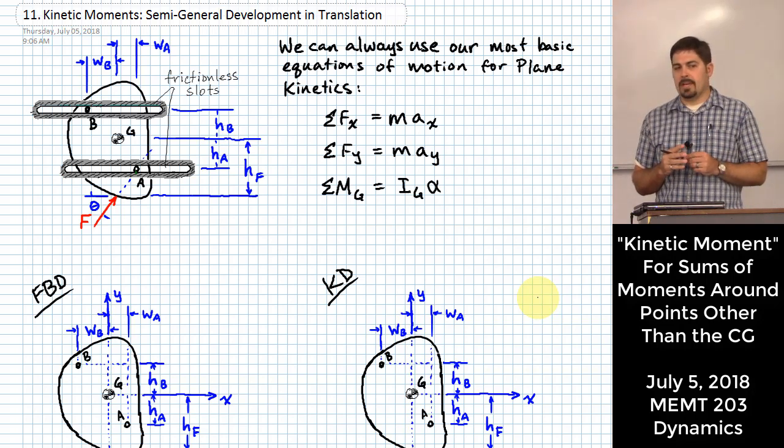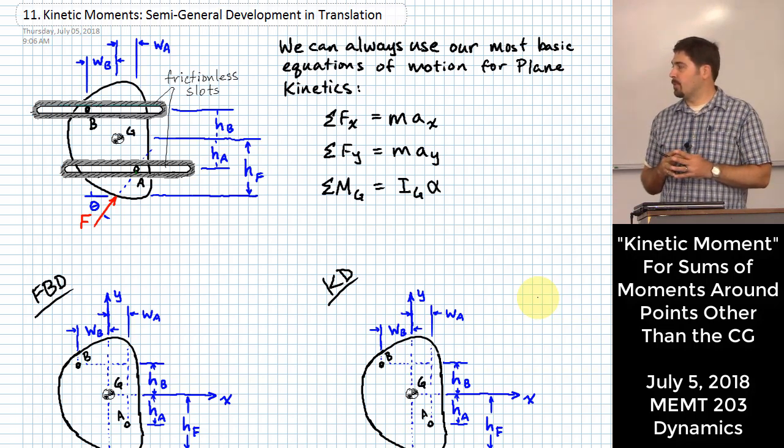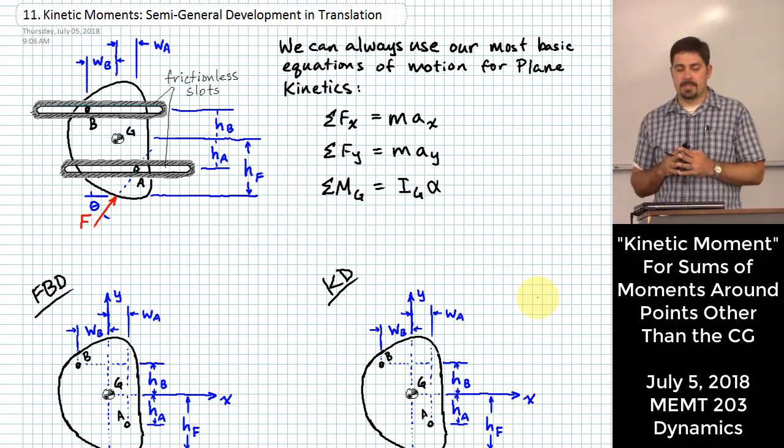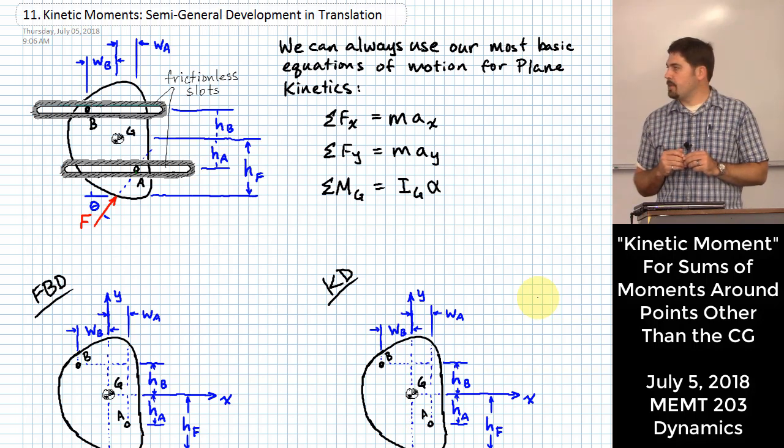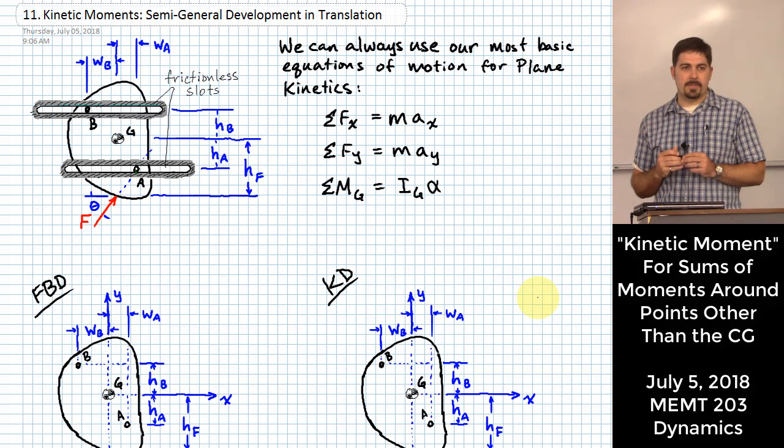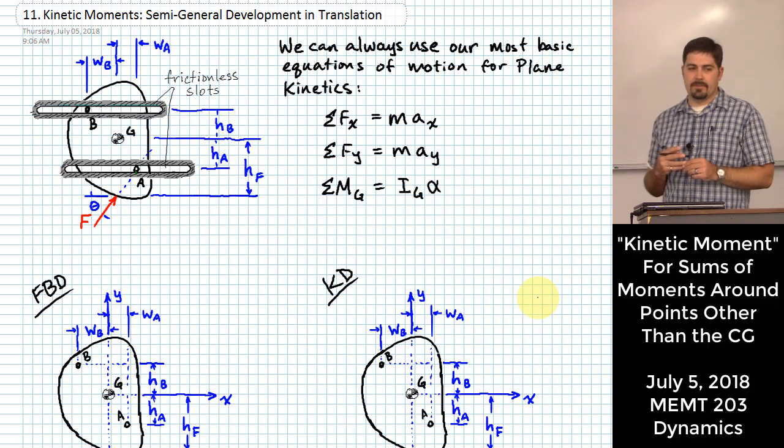And there's one big idea that really drives why we want to go back and look at this particular thing, where we're looking at pure translation of rigid bodies. It is the idea that there are times when it is useful to be able to sum moments around some other point for a body besides the point that is the center of gravity. Okay? Sometimes it's way more convenient to sum moments about some other point other than